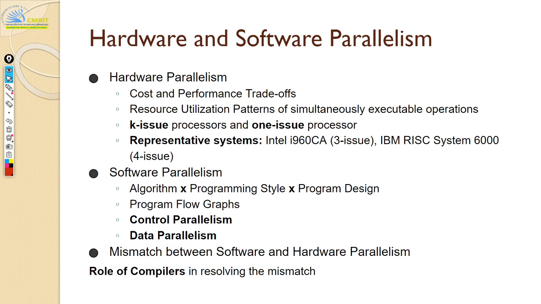So generally what we have seen so far in your scalar or sequential processors, like whatever you've learned in your computer organization or microprocessors course, is one issue processor, right? So you only take one instruction in one cycle, correct? PC will only point to one instruction, and only that one instruction will be fetched and then it will be issued. Okay, but in a k issue processor, you can actually execute k instructions at a given time. So that's the idea here.